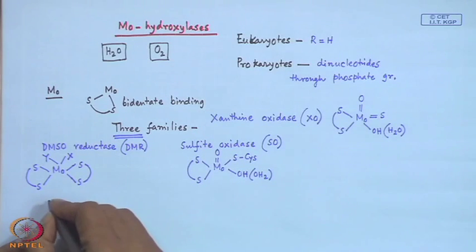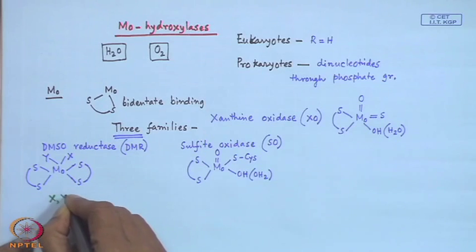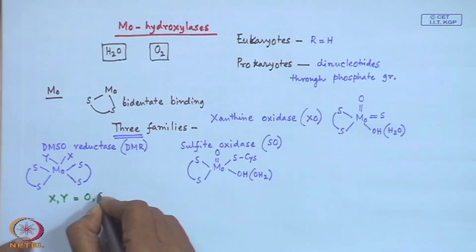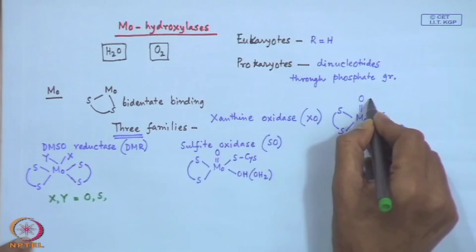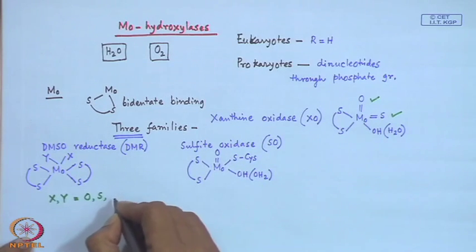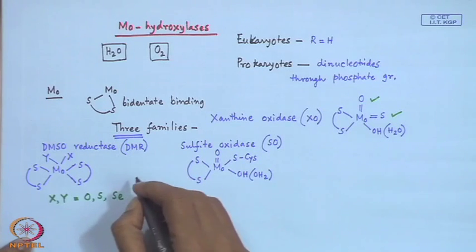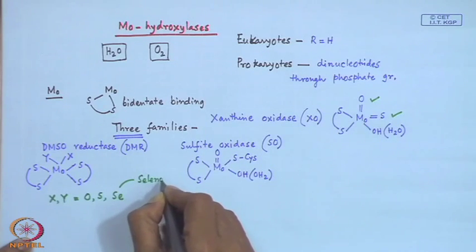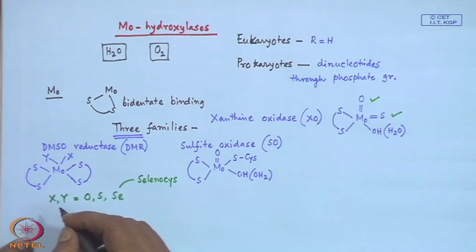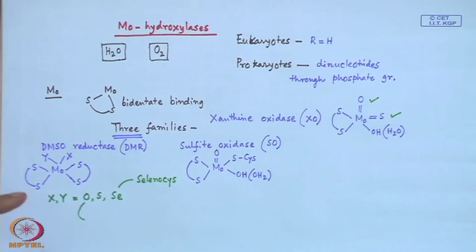These X and Y functions can be oxygen, sulfur, that we have seen in these 2 cases, oxygen and sulfur, here also oxygen and sulfur, and sometimes it can be selenium also, because we know that there are selenocysteines. So, from the selenocysteine moiety you can have the selenium group from over there,